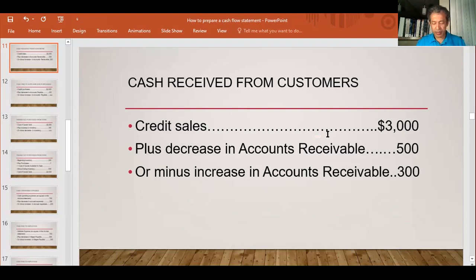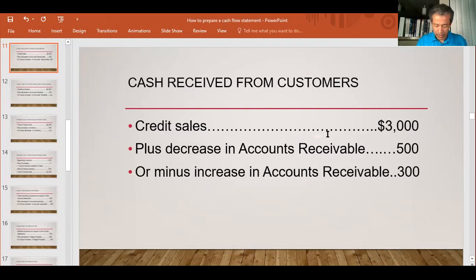$3,800. So beginning balance plus sales is your total due, minus ending balance, closing balance, is amount collected: $3,800. Now I can solve it in a much easier way. I can say cash collected from customers is my credit sales, or sales, which is